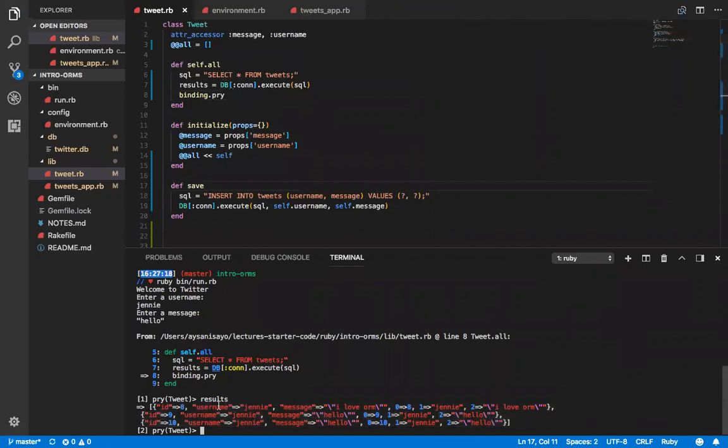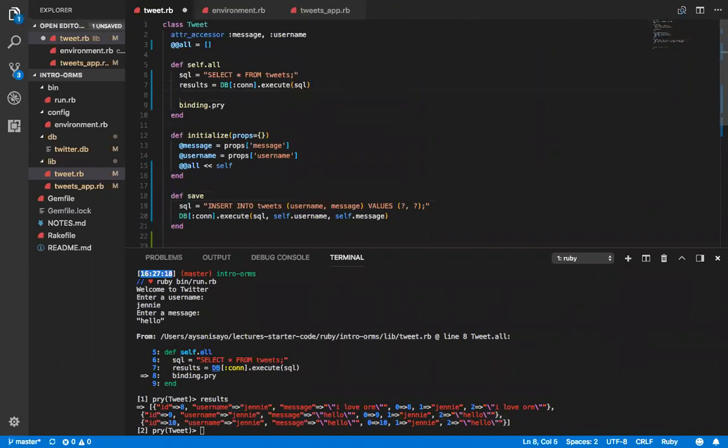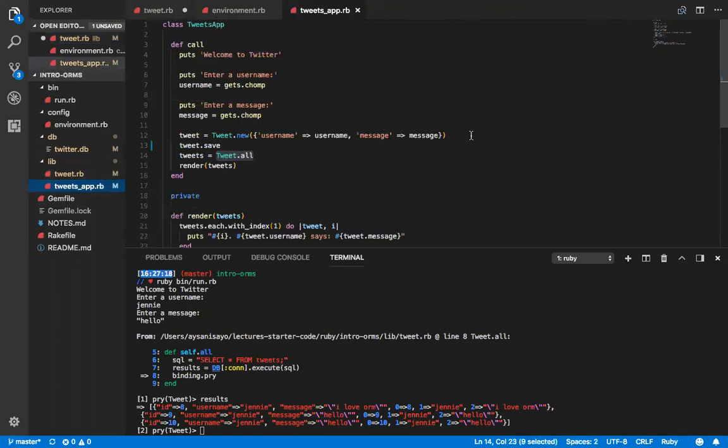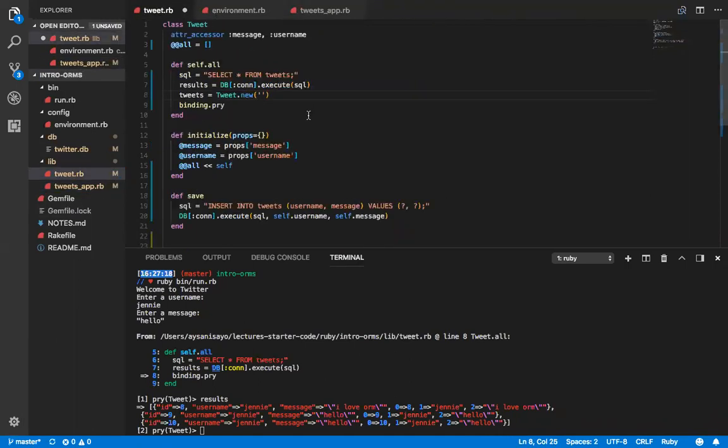So now what we need to do is create a new instance of tweet, and we'll call this tweets equals tweet.new. And we'll kind of copy the same pattern here, where we use